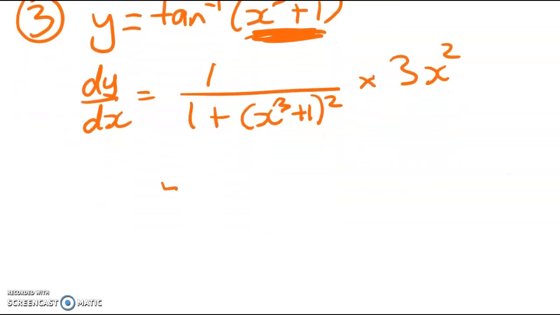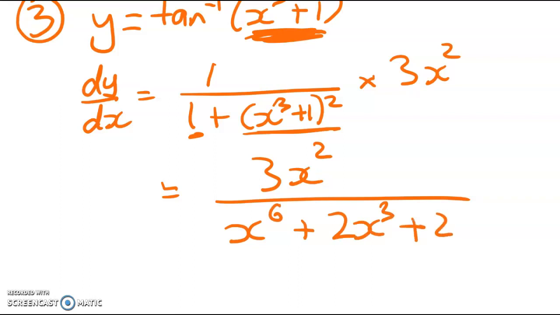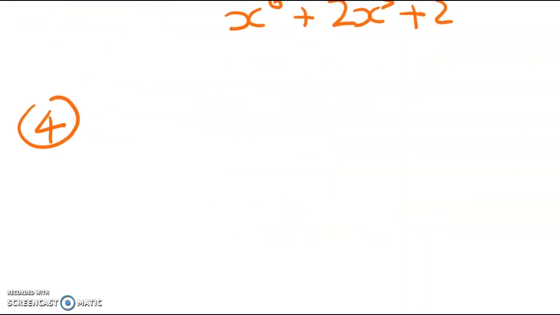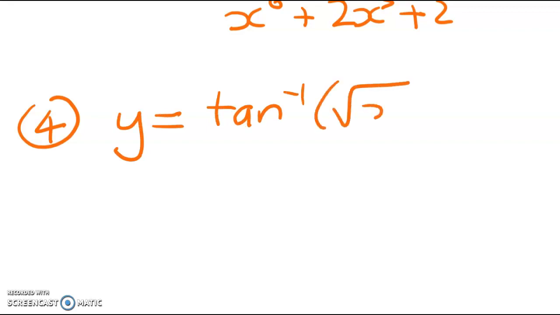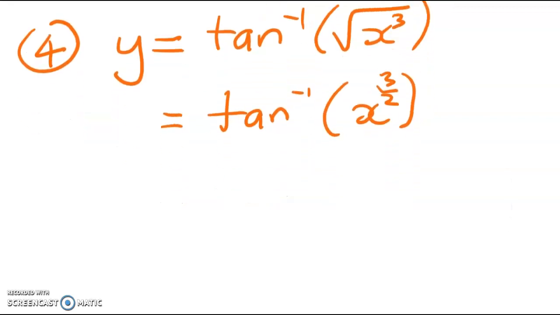Now you could leave it like that, but it looks pretty awful, so let's expand this out a bit. We get 3x squared over, expanding this out and combining the constants, x to the power of 6 plus 2x cubed plus 2. Right, one last one. As soon as you see that, you should be thinking about rewriting that with a fractional power. So dy by dx